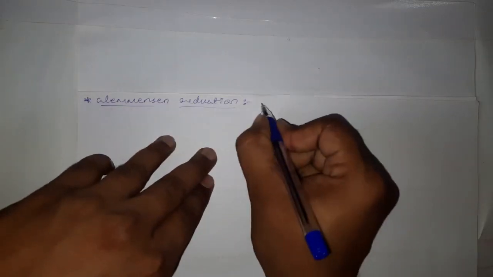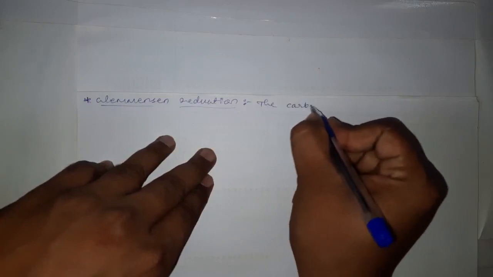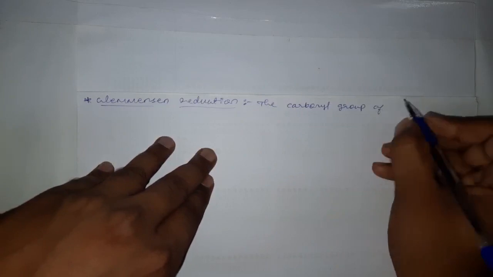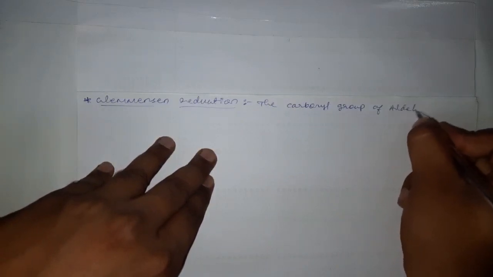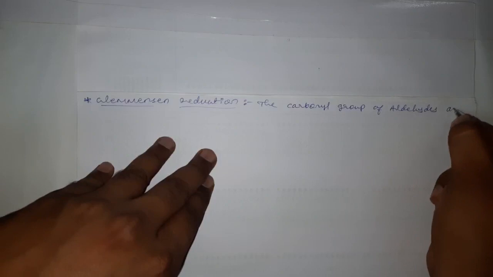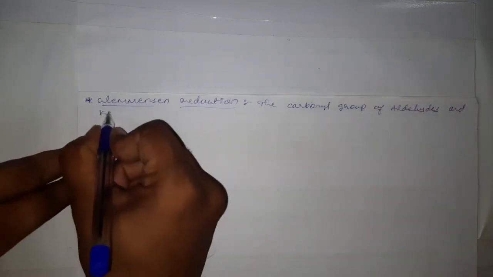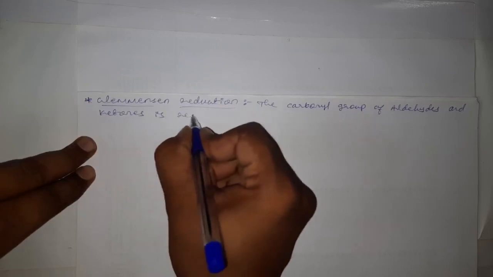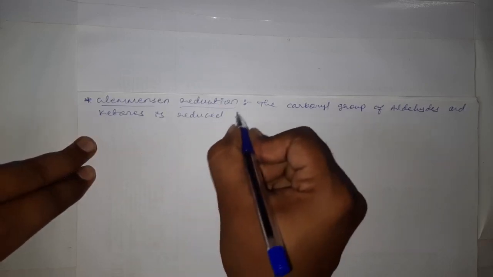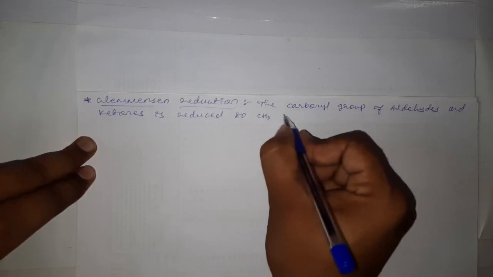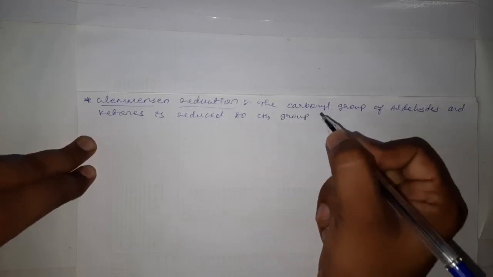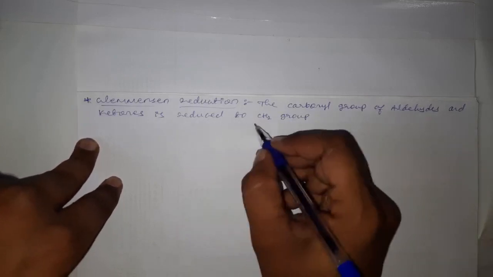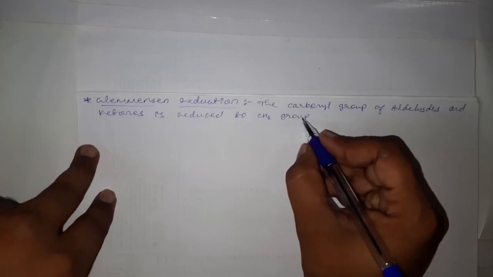Here we can write: the carbonyl group of aldehydes and ketones is reduced to a CH2 group. The carbonyl group, that is the C double bond O group of both aldehydes and ketones, is reduced to a CH2 group